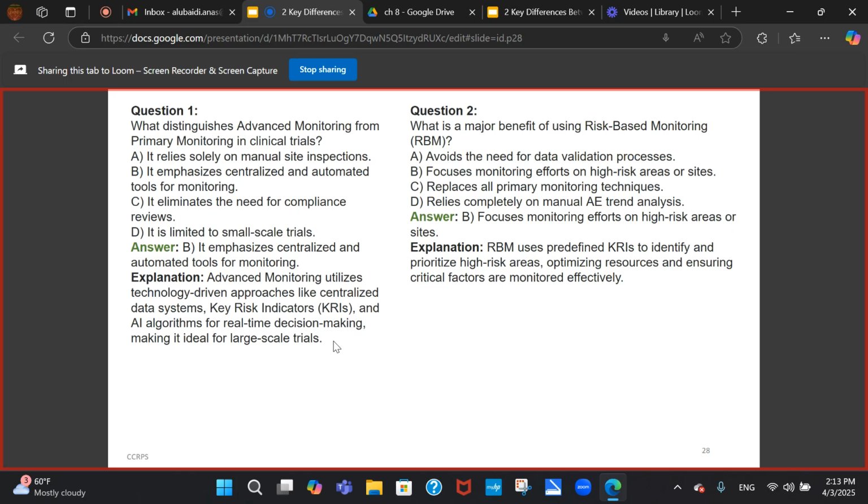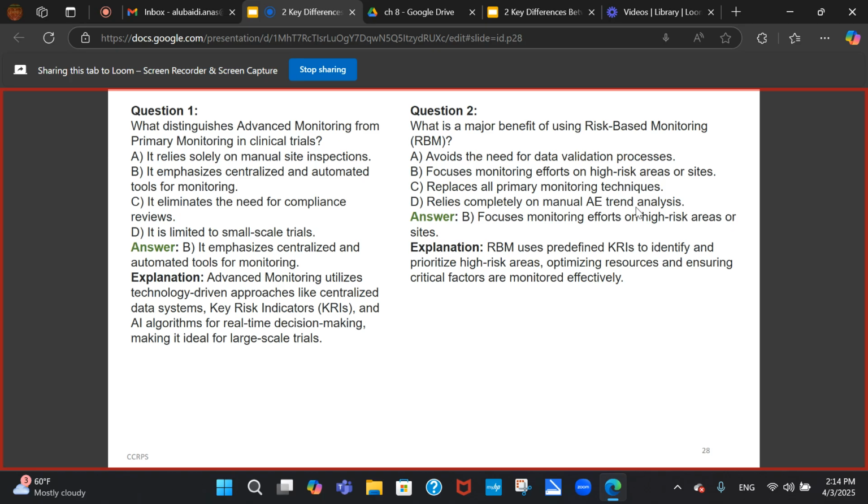Question 2. What is a major benefit of using risk-based monitoring, RBM, as it is a kind or type of advanced monitoring? A, avoids the need for data validation processes. B, focuses monitoring efforts on high-risk areas or sites. C, replaces all primary monitoring techniques. And D, relies completely on manual AE, adverse event, trend analysis. And the answer here is B,